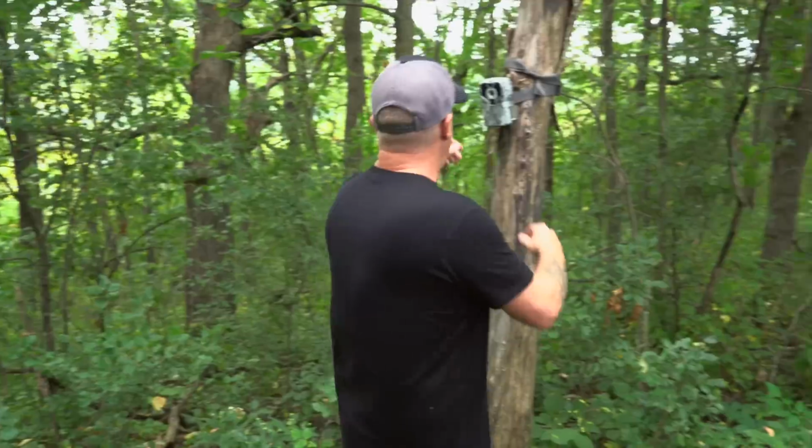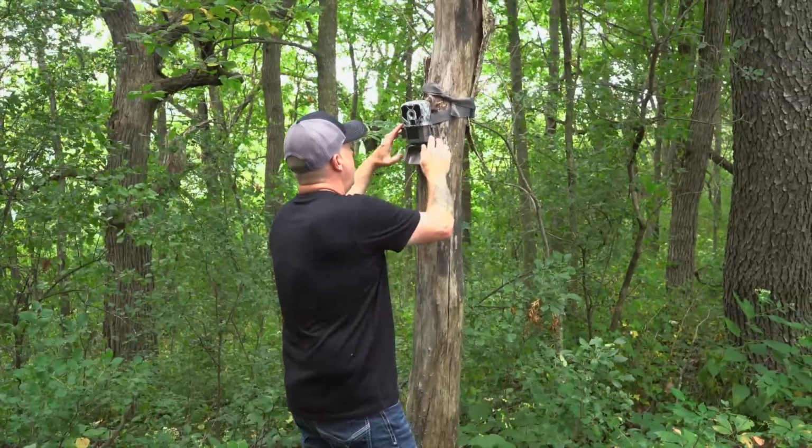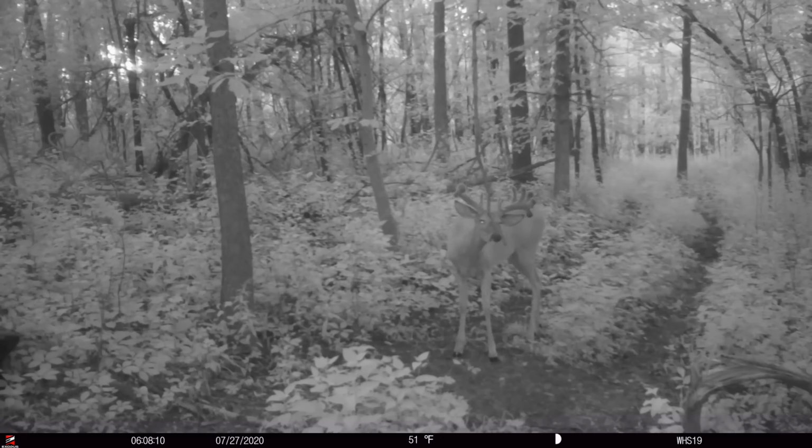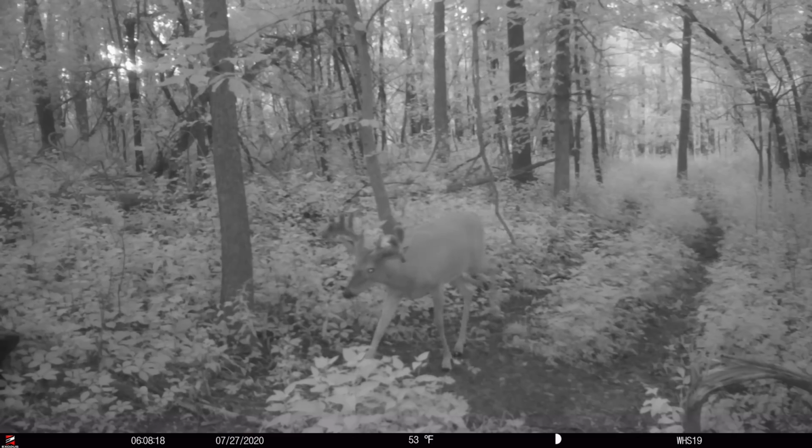I can't wait to check it. I'm going to grab the card here really quick. But we're getting good buck movement right here, and we're really putting a lot of strategy into this inside corner. We put a camera here, not because we expect a lot of summer movement. We're not getting that. But boy, when it gets into fall rut cruising, and deer relating to that ag field,